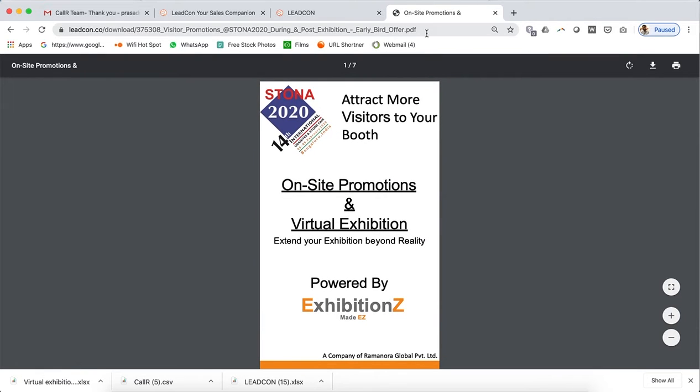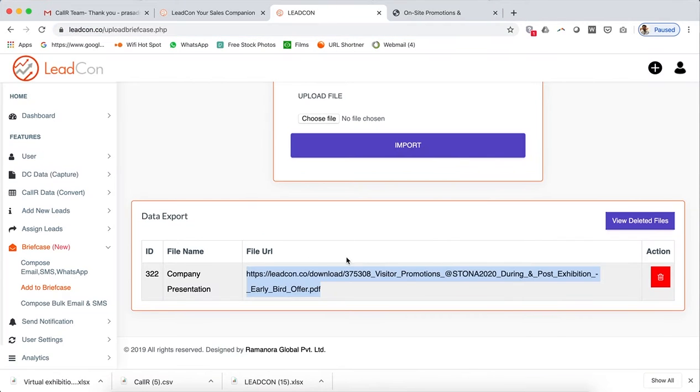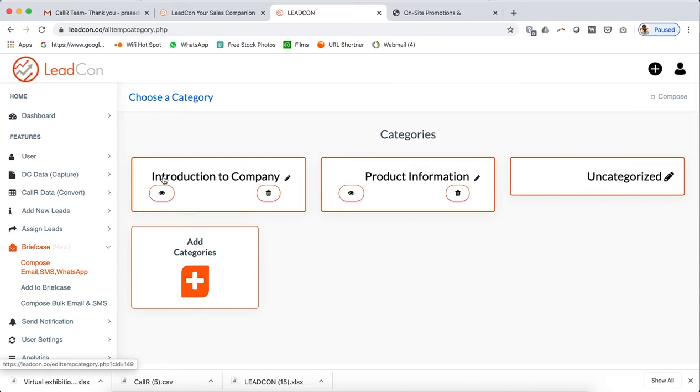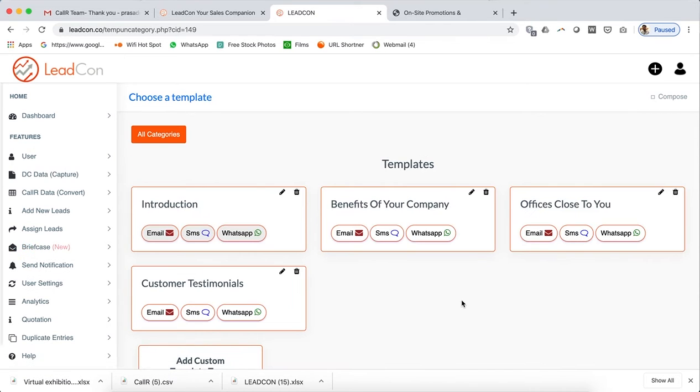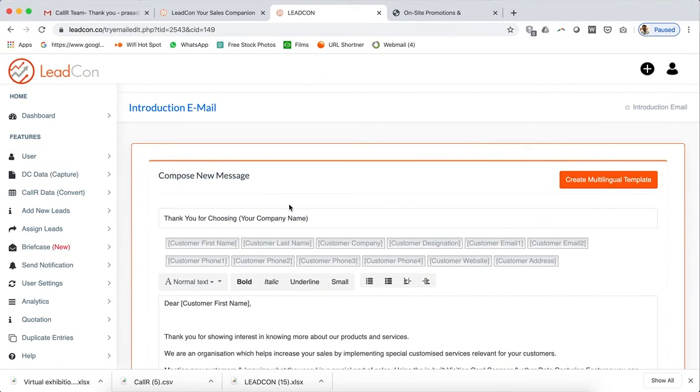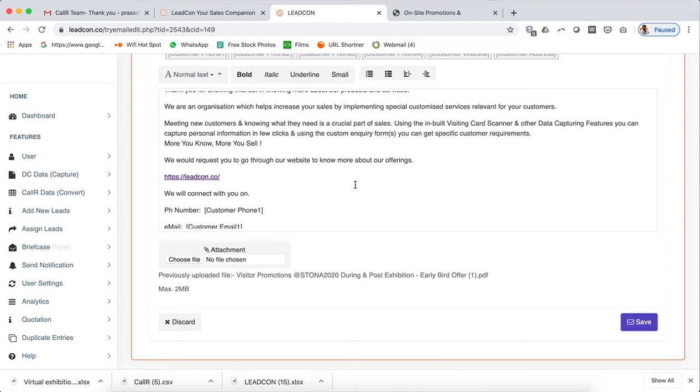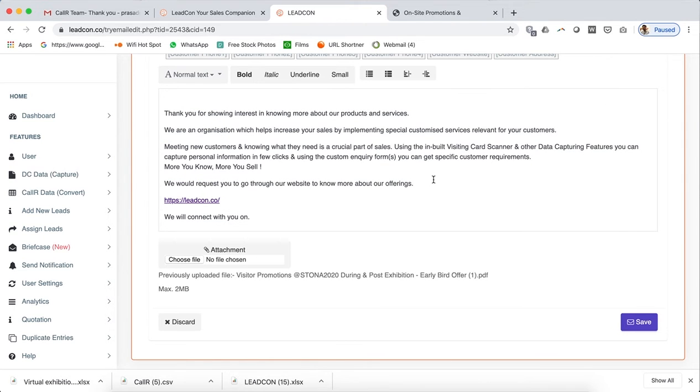Everything is available here. The other important beauty is sometimes it so happens that you are unable to send a certain amount of template or something. So if you want to add this file, this link into your communication, you can also do that. Like I want to, in our introduction to company, under say email, as your company profile is very big, more than 2 MBs, then instead of attaching a file, what you could also do is you could also mention